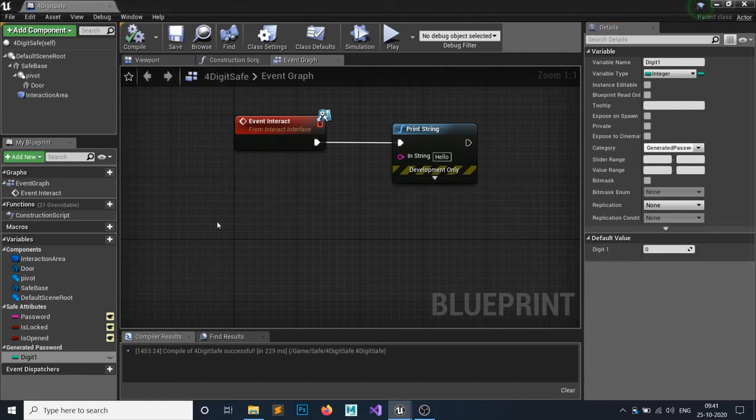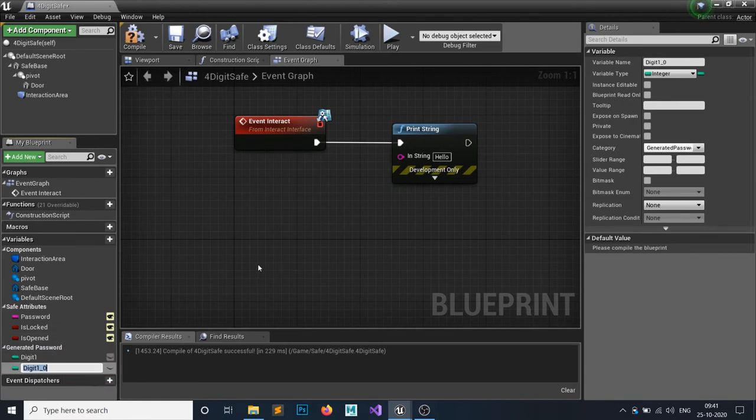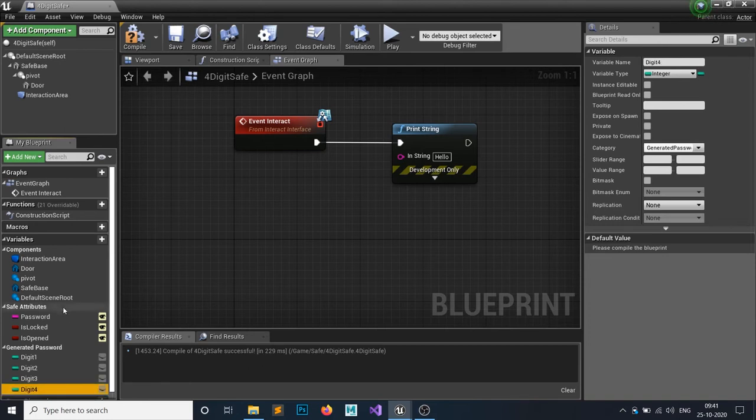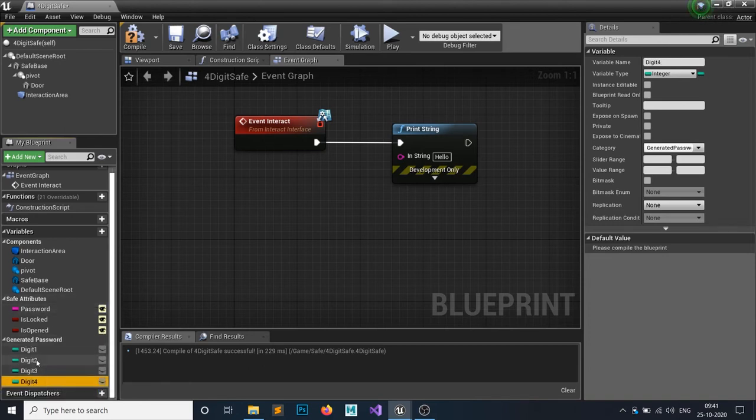If you have a 3-digit chest, then you can add 3 digits. If you have a 4-digit chest, then you have to add 4 digits. So just Ctrl+W by clicking on this to duplicate that, and I'm just gonna call it digit 2. Same thing, Ctrl+W, duplicate this, and digit 3, Ctrl+W, duplicate this, and I'm gonna call it digit 4 because I want to add a 4-digit chest.